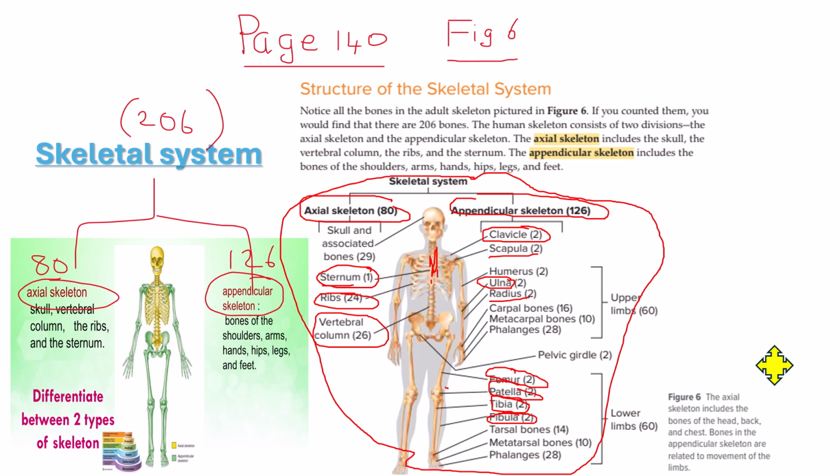Then coming to the next slide, which is page number 140, figure number 6, that's the skeletal system. So we know that the skeletal system is divided into axial skeleton and appendicular skeleton. So when you get the image, all you have to remember is